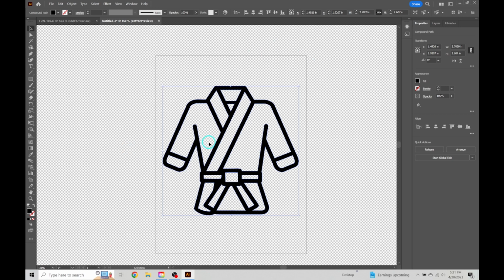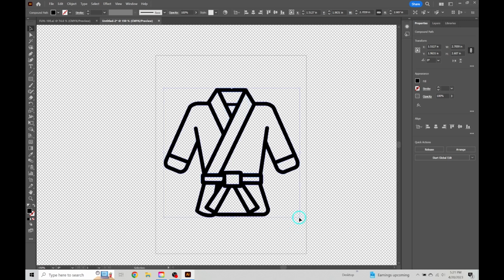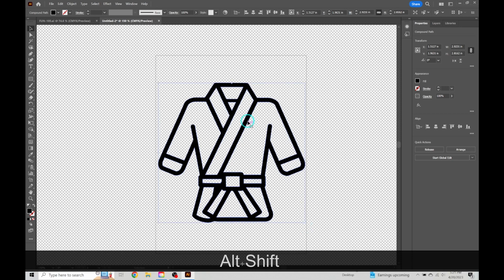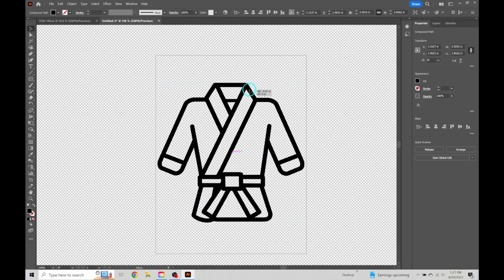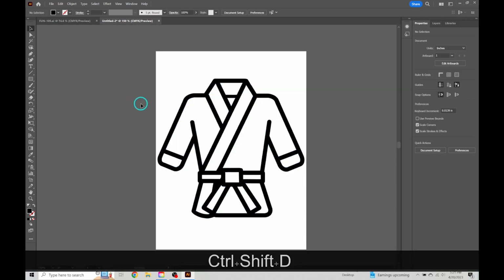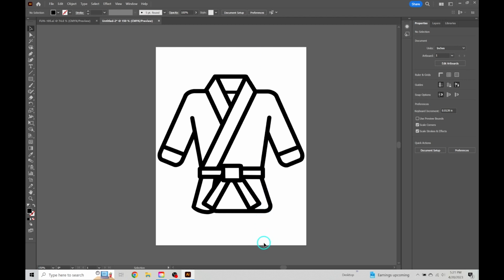So let's start over here with our karate outfit, and I have made this as big as I can to where it gets to the edge. So you want it close to the edge of the artboard. I don't know if you can see this, so let's turn the white back on. Now the artboard is too tall. So if I was to export this at this point, the box would be the size of the artboard, right? So it would be okay on the left and right side, but it would be way too tall on the top and bottom, and I would then have to go in and manually crop this,